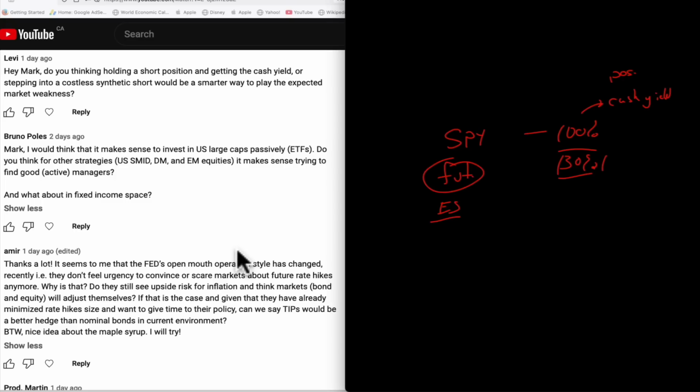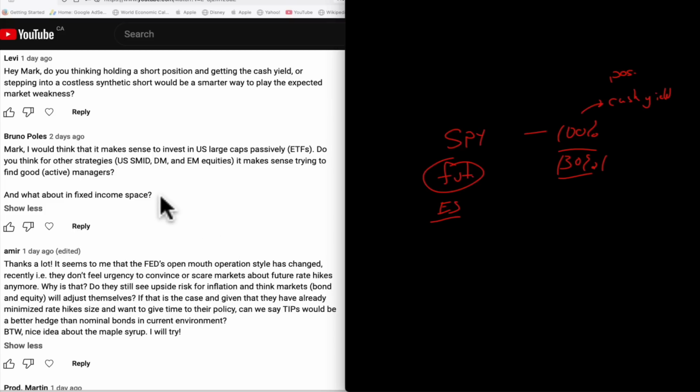Unless you can find an active manager that is not constrained by a benchmark, in which case you're going into hedge funds. So if you're going into a fund with active management, and they have a benchmark, most of them don't make it. Most of them don't beat their benchmark over a period of 4 or 5 years. Most of them underperform. So you'd want to be benchmark agnostic, which means you'd want to go into hedge funds.